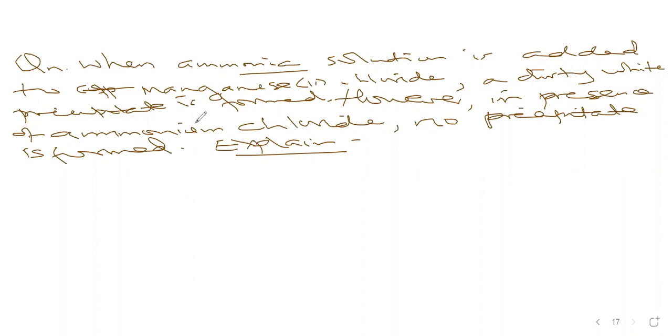If I wanted to make this question longer, I would say a dirty white precipitate that turns brown on standing, but that will be for another time. So what will you say? You begin with telling us something about ammonia. You say ammonia is a weak base,